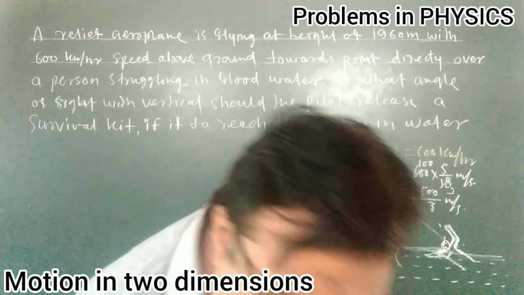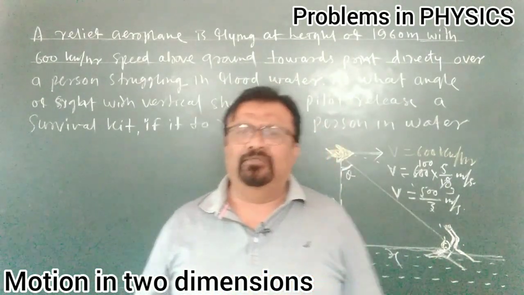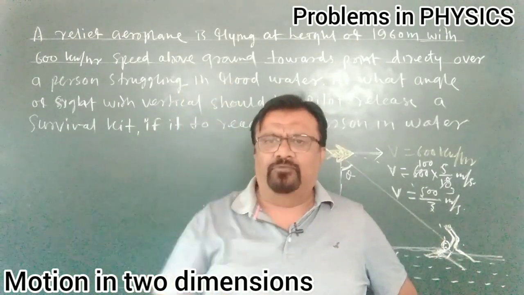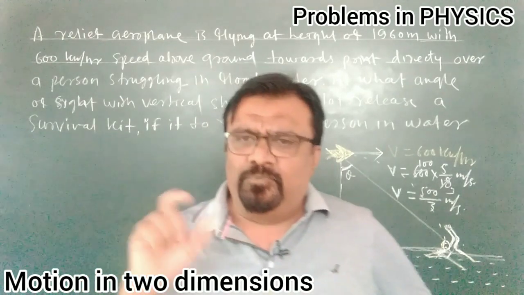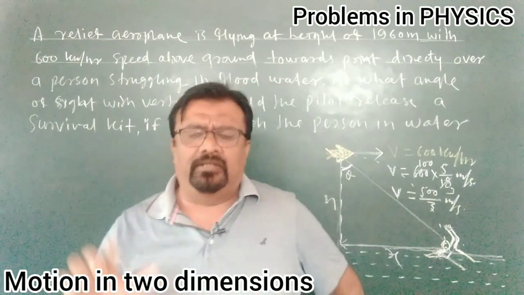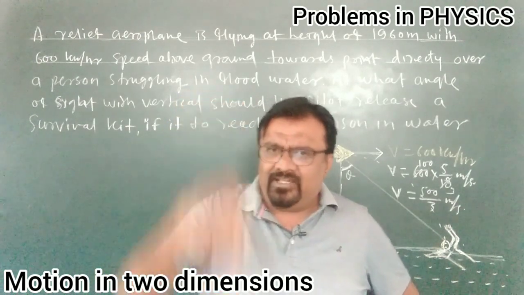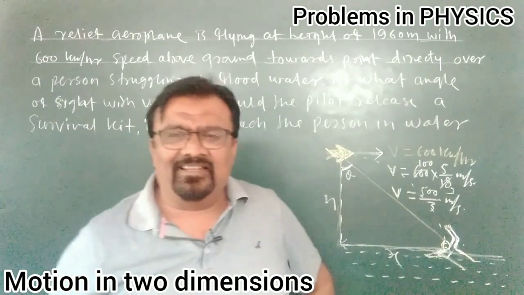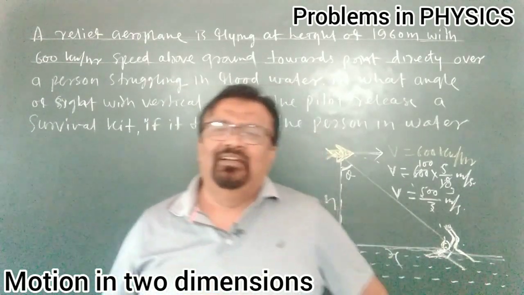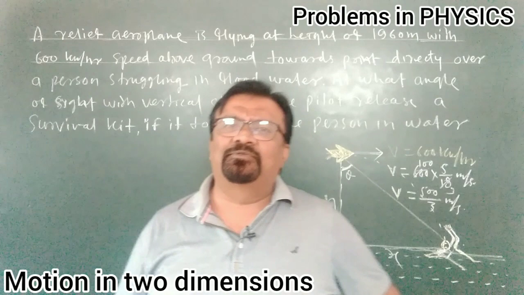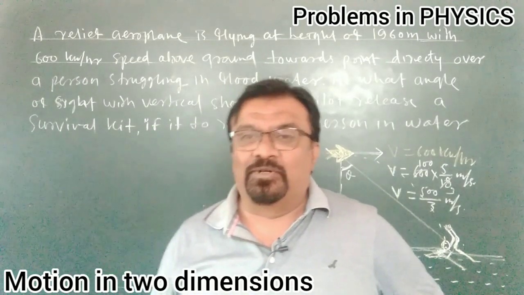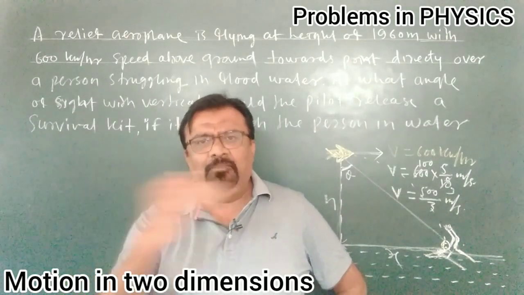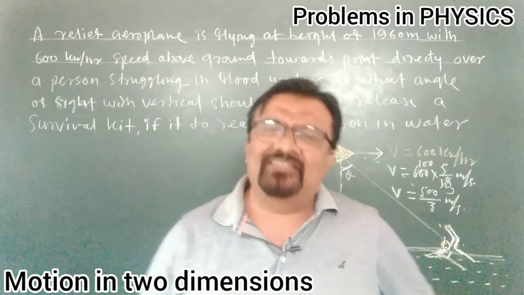Now you tell me, you know motion under gravity, you learned projectile motion. Acceleration due to gravity is always in a vertically downward direction, and if an object is moving just under gravity, then its vertical downward acceleration equals the acceleration due to gravity, but the horizontal acceleration must be equal to 0, because the horizontal component of the acceleration due to gravity is always 0, and as there is no acceleration acting in a horizontal direction, the horizontal component of the velocity always remains